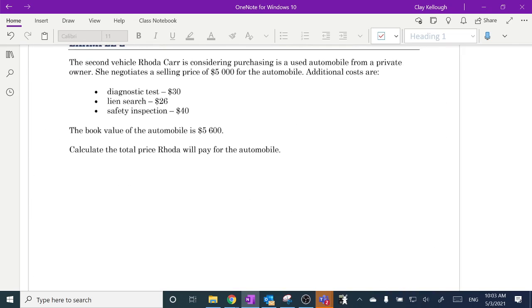The second vehicle Rhoda is considering purchasing is a used automobile from a private owner. She negotiates a selling price of $5,000 for the automobile. Her additional costs: she gets a diagnostic test for $30. It doesn't say that she has any work done, so the diagnostic must have been good. The lien search is $26, the safety inspection is $40, and the blue book for the vehicle is $5,600. Calculate the total price Rhoda will pay for the automobile. Okay, so